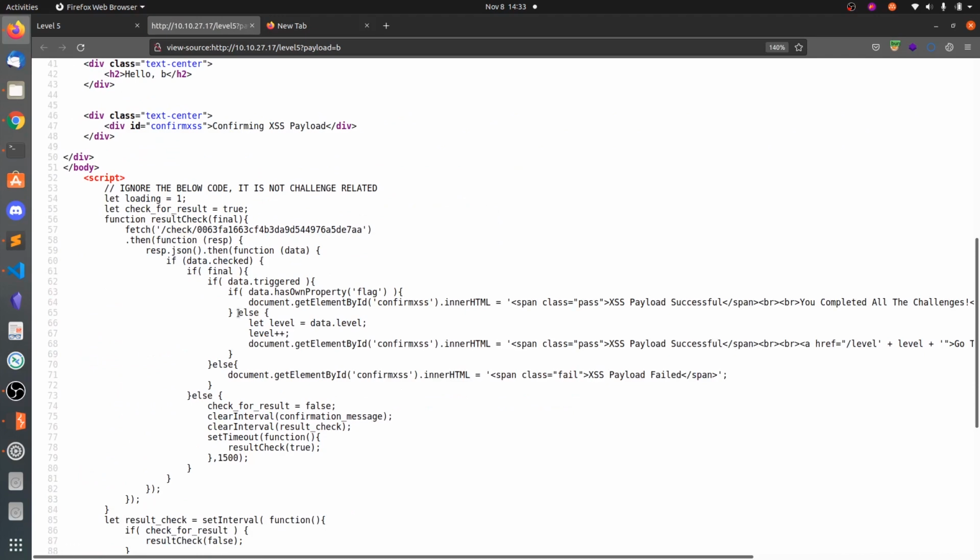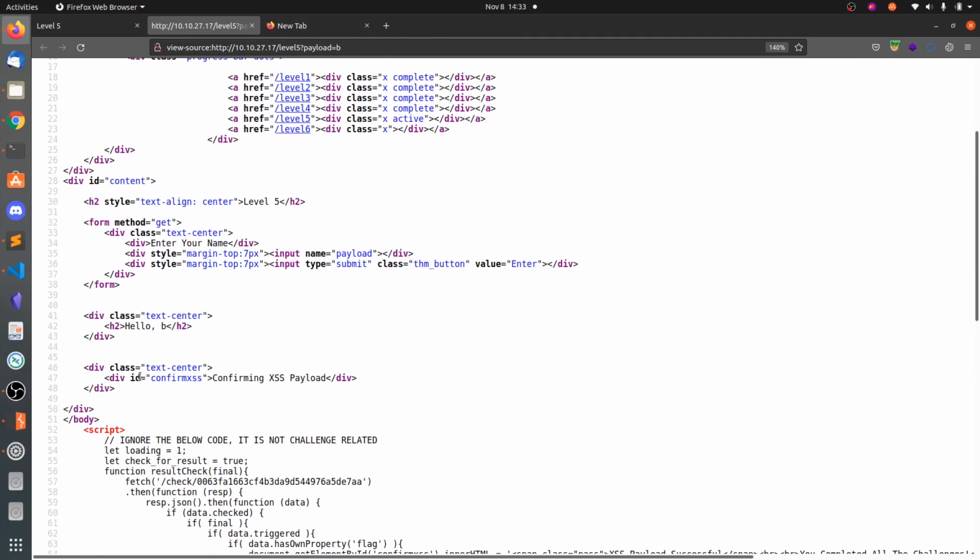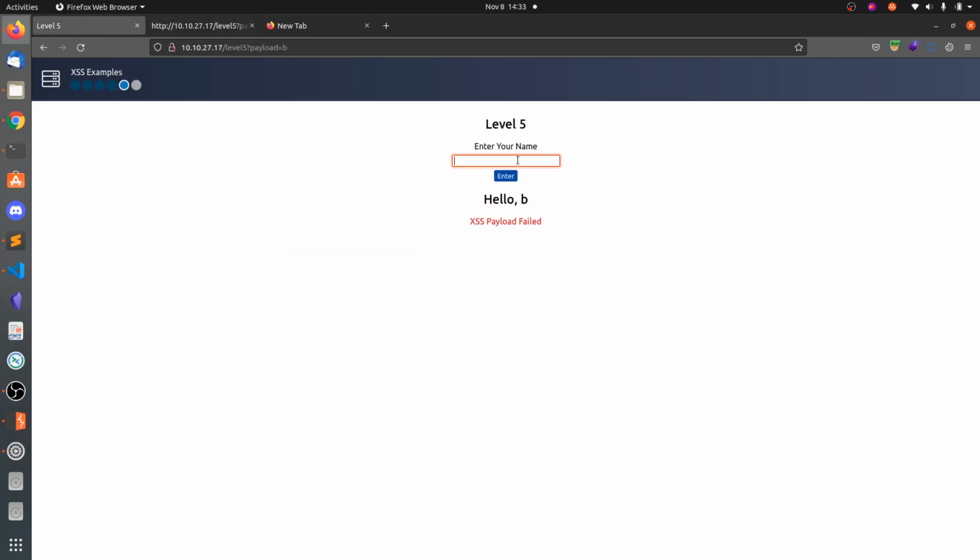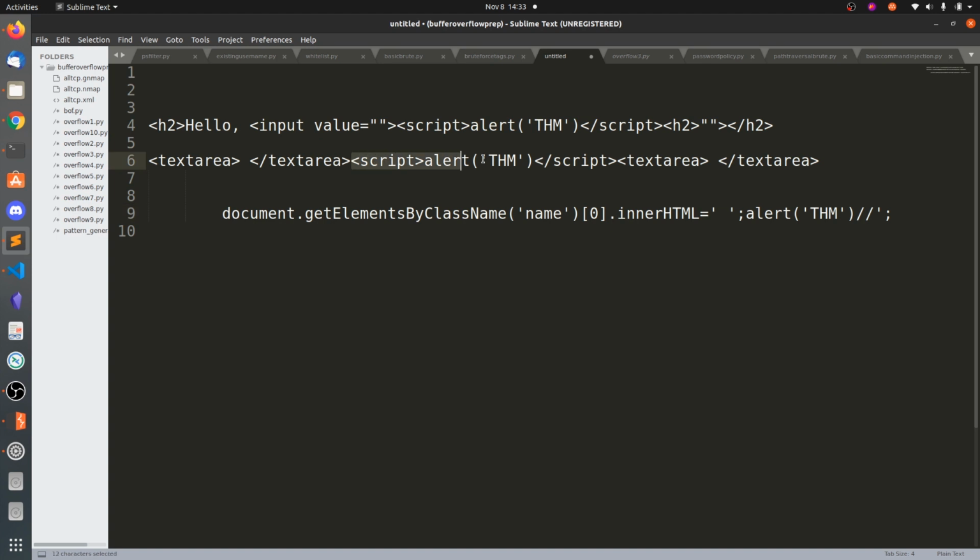Press Ctrl+U. Here it is confirming access, payload ID is equal to confirm access. That is not our code. So "Hello B" is a normal one, similar to level 1. So copy this script alert.